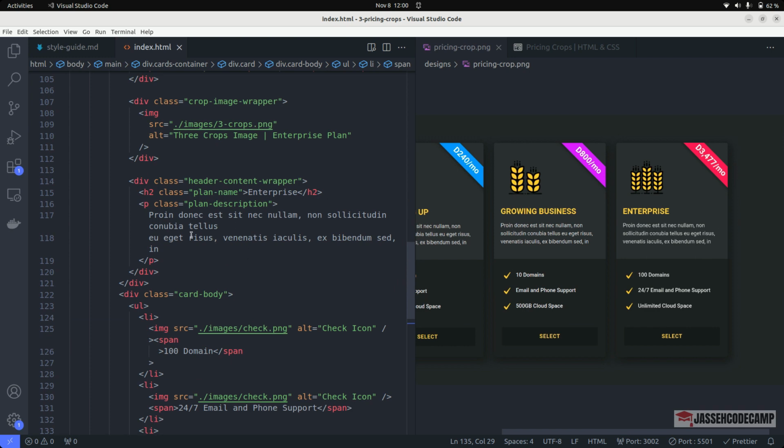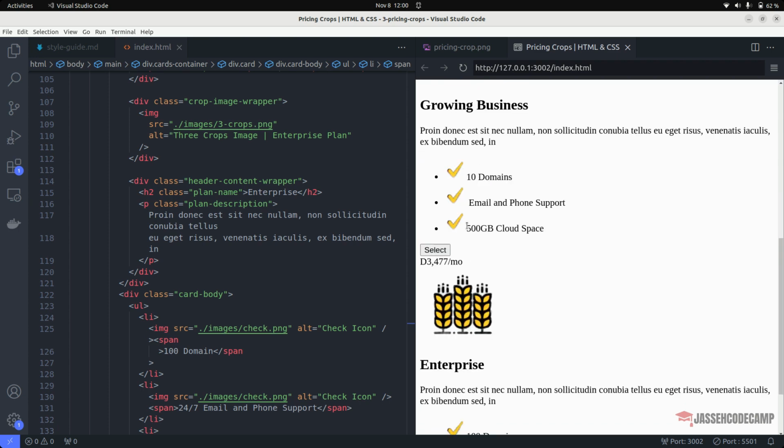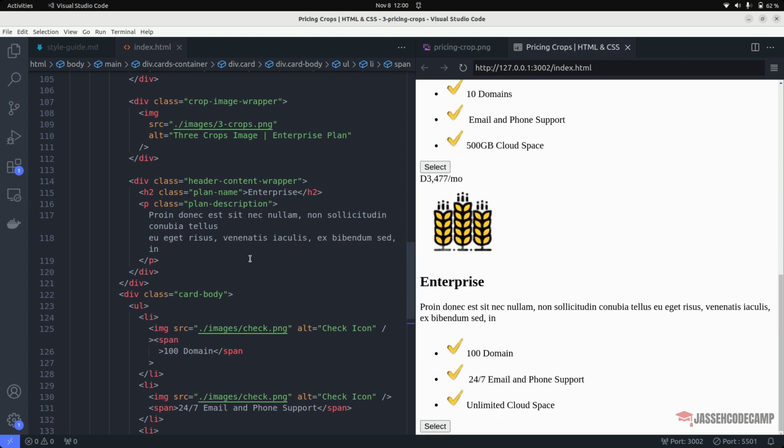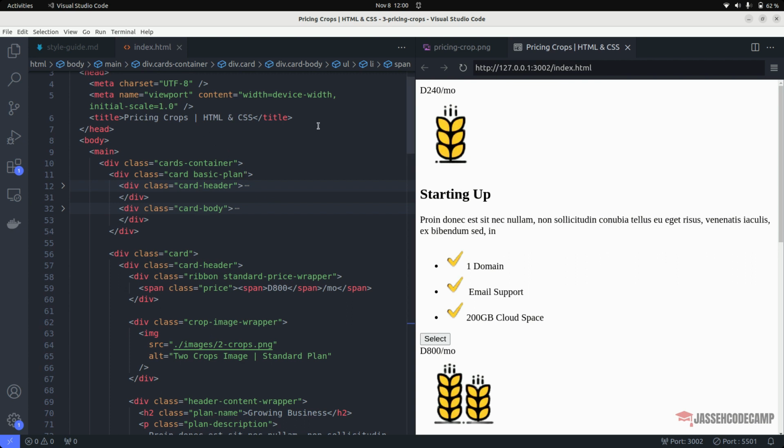Now that we have our 3 cards, let's confirm this quick. This is the first card. This is the second card. And then this is the last card. So guys, this is looking good. Now that we are done with the HTML, the next thing is to go and